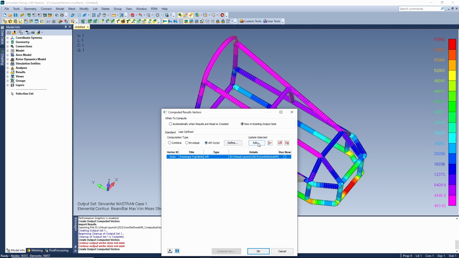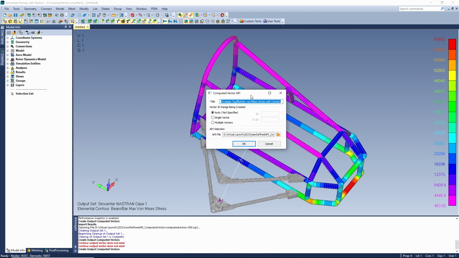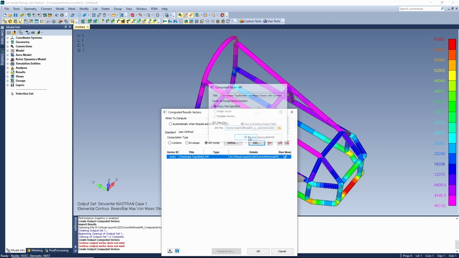I already have one specified here, so I'm just going to edit it, and you can see that I'm choosing a particular .bas file, and I just have auto not specified for the ID range that it's going to create. What this is going to do is create an envelope, top-bottom von Mises stress with corners automatically. So I'm just going to say we want to create this now, and just say compute now